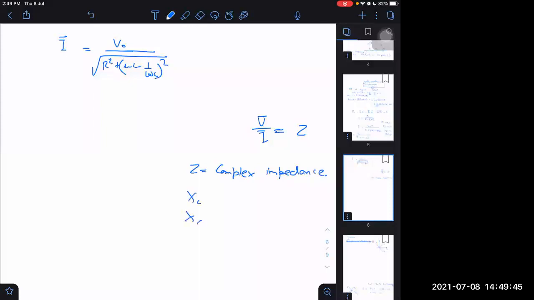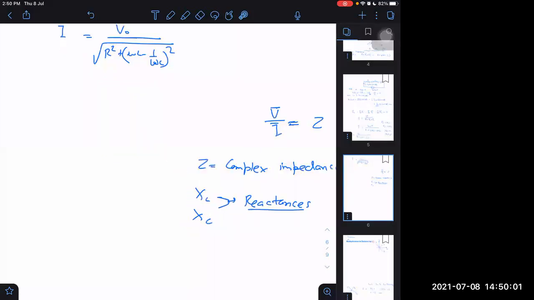What are XL and XC called? I think I told you this in the morning. These are called reactances. And what is Z called? Complex impedance. What is the formula for Z? You may think this is the formula for Z. No, this is only for just one case, when it is R, L, and C in series. I could have a thousand other cases, millions of other cases, infinite other cases.